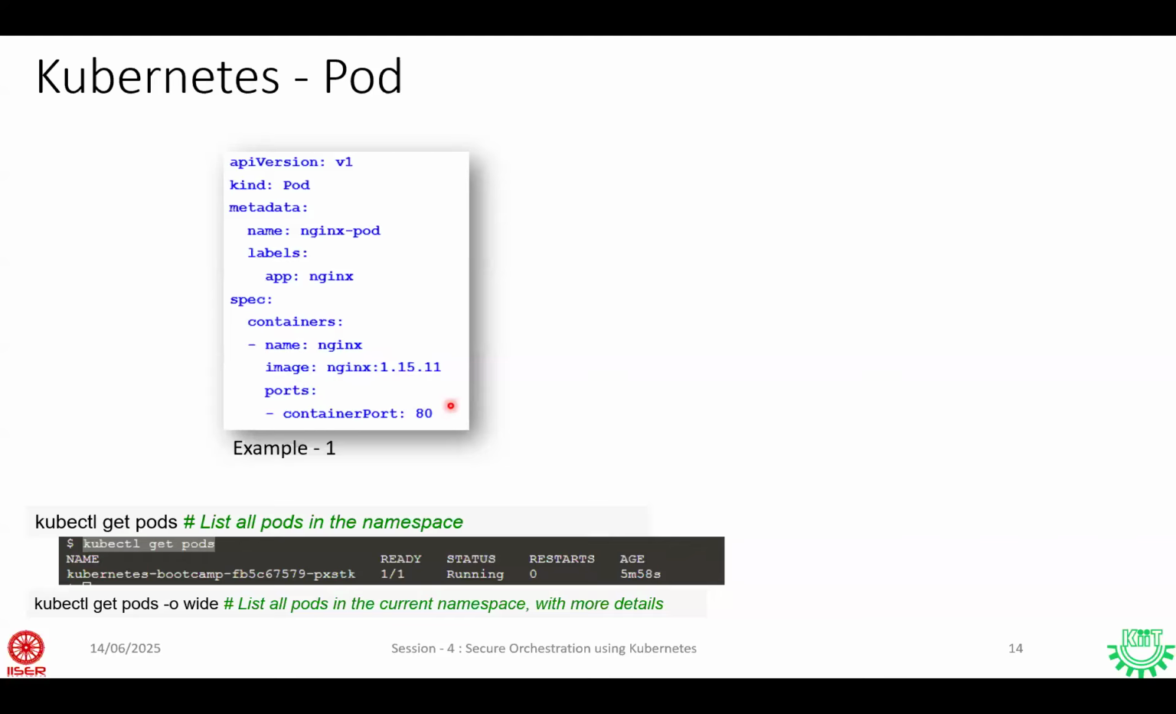And then if you want to know what the different pods are that are created inside the Kubernetes cluster, you can just use the command kubectl, Kubernetes control, kubectl get pods. This will basically list all the pods in the namespace. So over here again, namespace